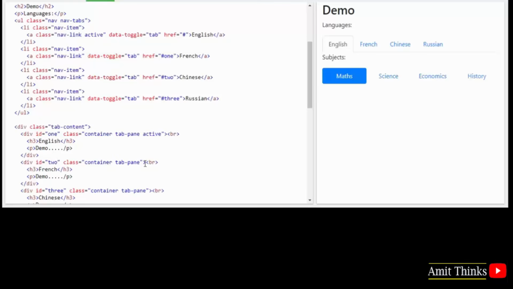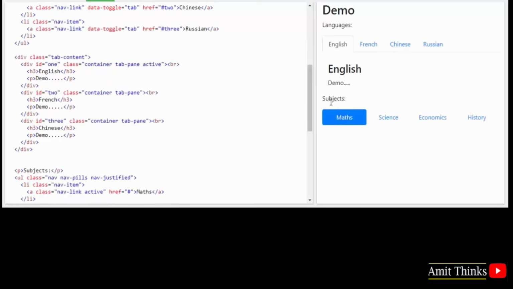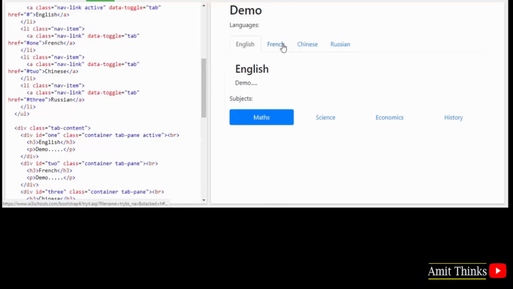This will allow us to create tab panes. Now whenever you usually click on English, the following content and heading would be visible. French, the French one would be visible, that is with ID 2. And here we have added a tab pane class as well with the container class for a purpose. Now I'll run it. On running it, here you can see when I click on French,